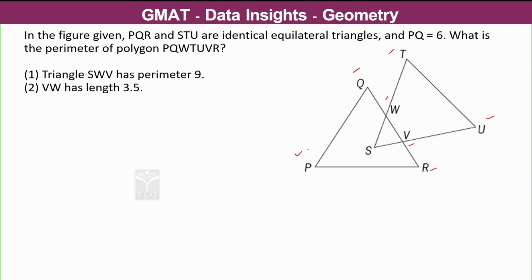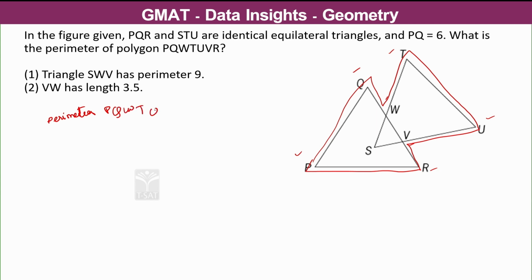The perimeter of this outer path figure that is formed is equal to the perimeter of triangle PQR plus perimeter of triangle STU minus the perimeter of the triangle